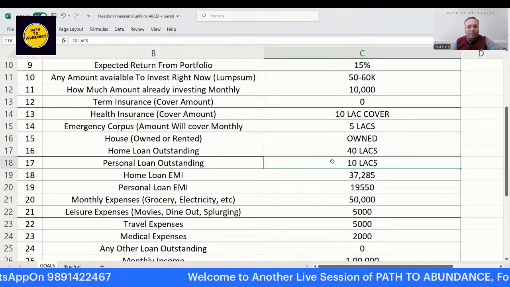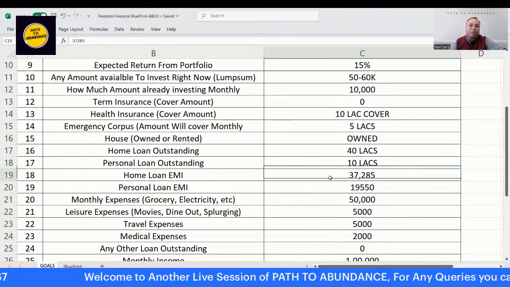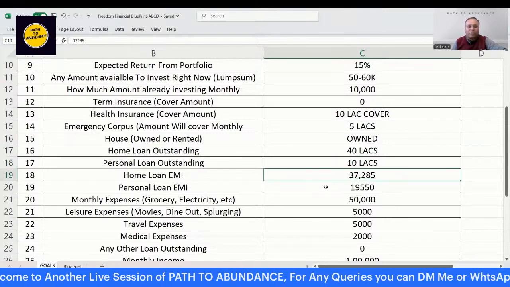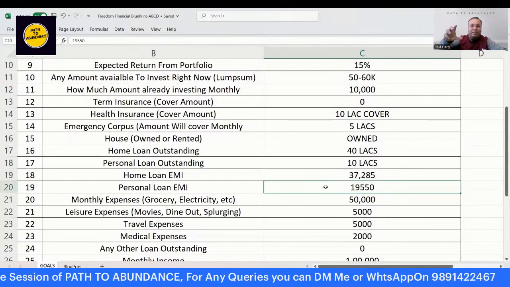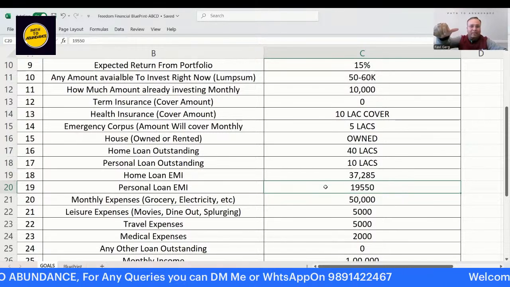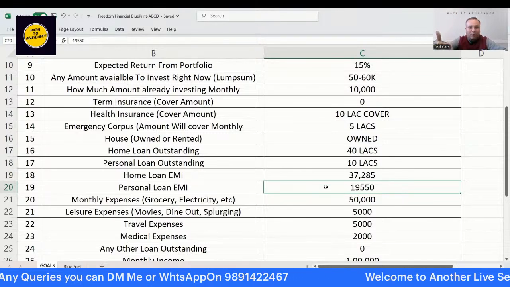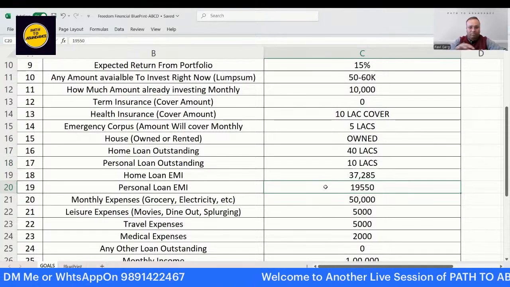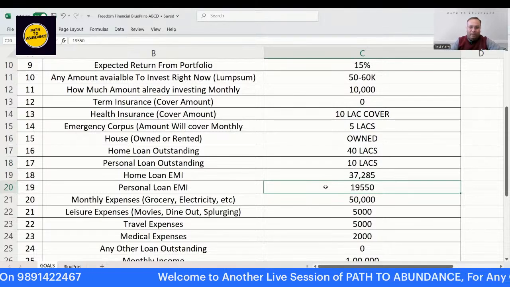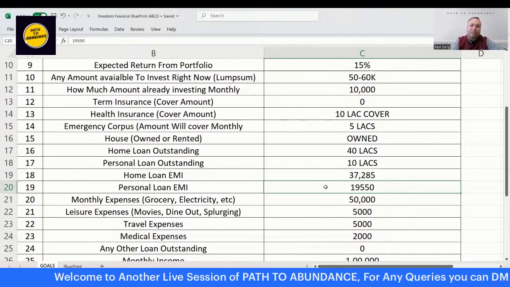Personal loan, some of the people have a personal loan of 10 lakh rupees. Home loan EMI will be 37,000, personal loan EMI will be 19,000. See, this questionnaire is designed in such a manner so as to capture all the financial details of your day-to-day life, day-to-day aspects. If we are able to do this in a detailed manner, then